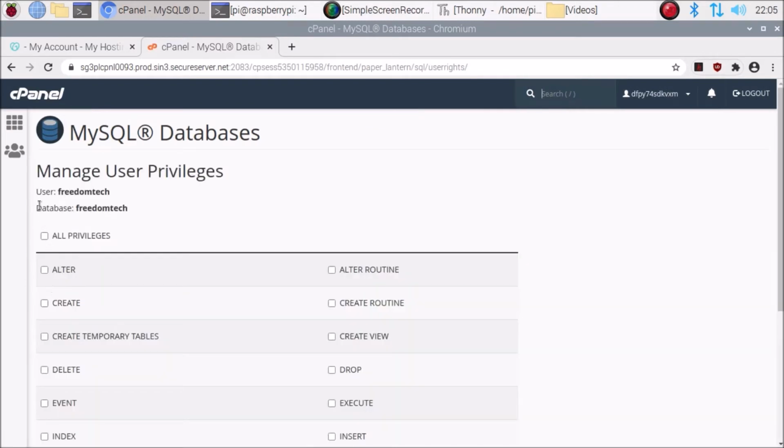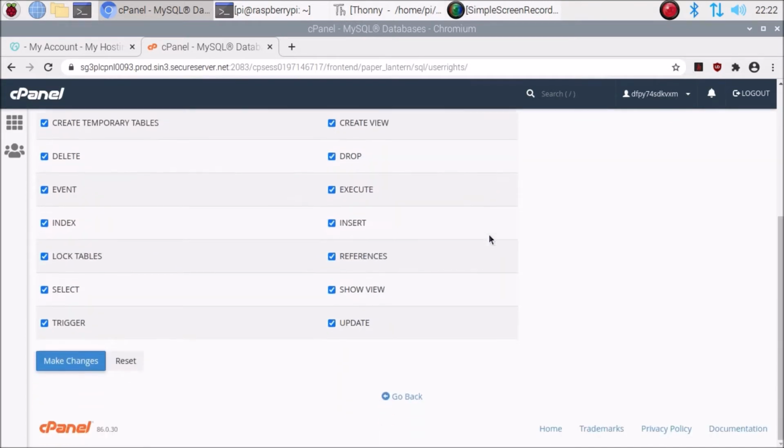Okay, and here as you can see, the manage user privileges page is now open. Here we need to select all privileges. Just check all privileges and allow all privileges to our user Freedom Tech. And then friends, just scroll down this page and click on make changes.